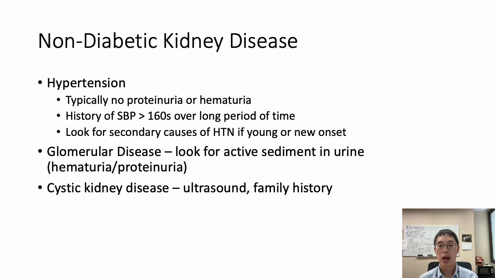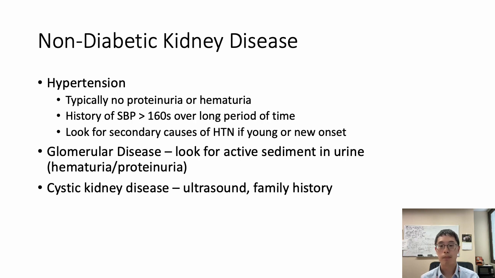These patients generally have a history of very high systolic blood pressures, especially over 160, over a very long period of time. While we generally see hypertensive kidney disease in older individuals, it is possible to see this in younger patients who have uncontrolled high blood pressure. However, if we do see somebody who is young with high blood pressure, it is usually a good idea to look for secondary causes to see if there's any underlying reasons for these patients to have high blood pressure that